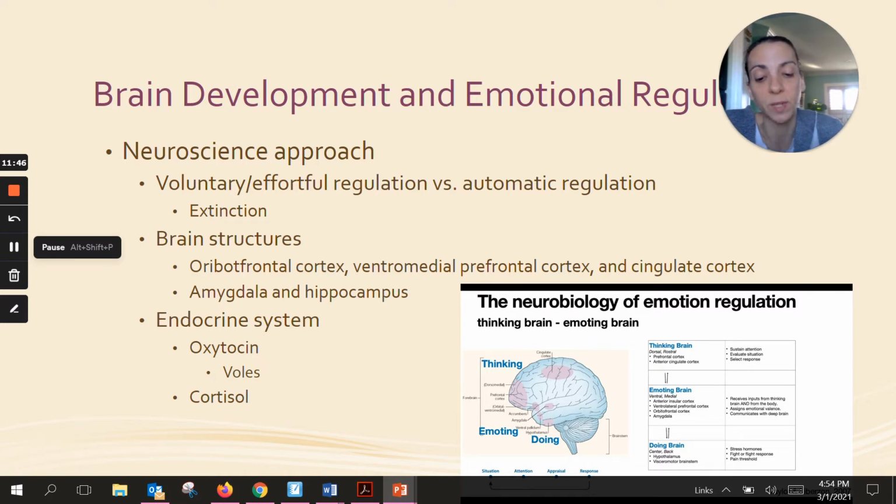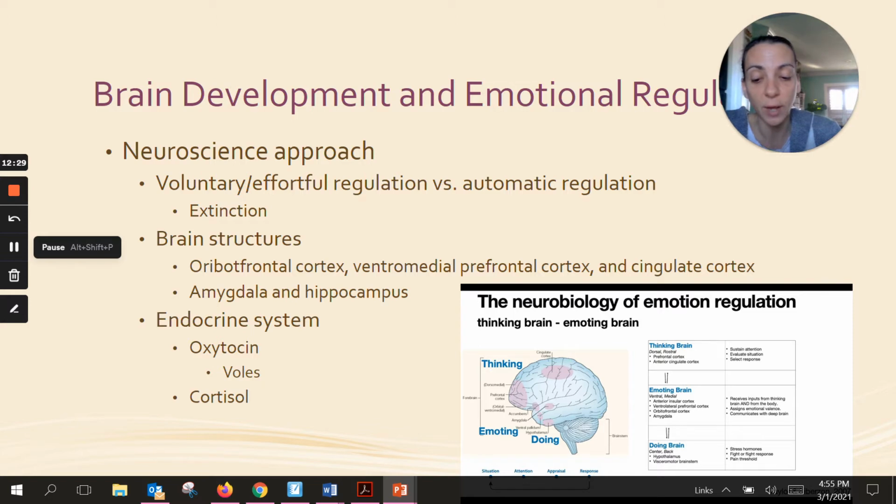And one of the most basic forms of automatic emotional regulation is extinction. Extinction occurs when the conditioned stimulus is presented without the unconditioned stimulus, so that the conditioned response stops occurring. So think back to Pavlov. Pavlov trained his dogs to salivate at a tone, so he paired tone, then he gave food, and they salivated. Tone, food, they salivated repeatedly until he was able to just present the tone and the dog salivated in response. Well, what happens in extinction is if he presents the tone over and over again without the food, eventually the dogs are going to stop salivating because they're no longer going to associate that tone with the food. So this is what they're talking about in extinction.